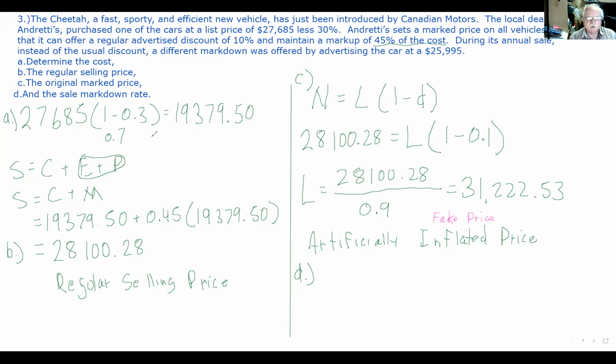So let's go back to this, the rate of markdown or discount. Whenever you're calculating rate of markdown, you need to keep track of these 4 items: the highest price, which I'll call the list, the lowest price, the dollar value of the discount, and then you can calculate the rate as the dollar value of the discount divided by the list. So be careful to keep track of these items. And the list price here,